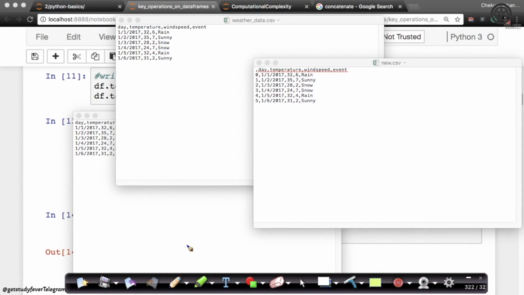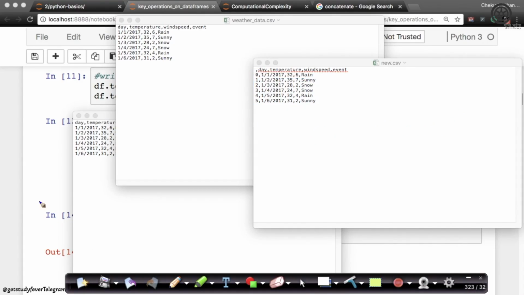If you notice, there is a subtle difference here. In addition to all of this data, it's also storing the index. This is my new.csv, which I created using df.to_csv, and new.csv is the command that I executed. When I execute this, in addition to all the data, it also stores the index as the first column. Index basically is the row number in this case. We'll come to indexes and understand what they are a little later in this video. Along with your day, temperature, everything, there is this additional data, which is your index.